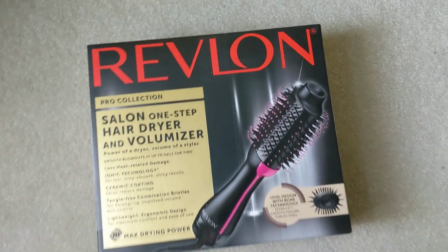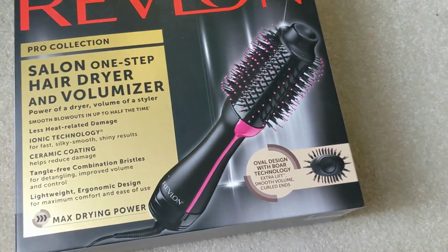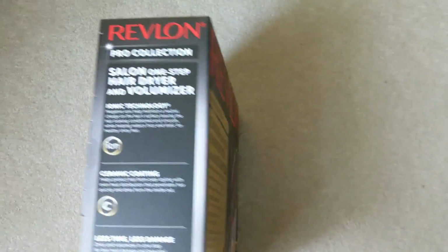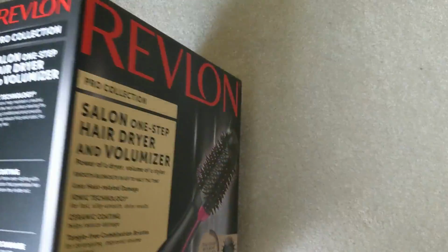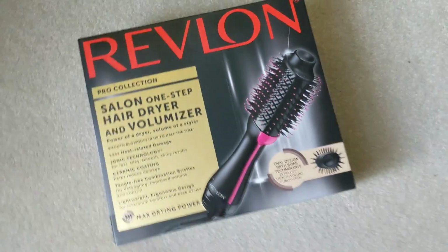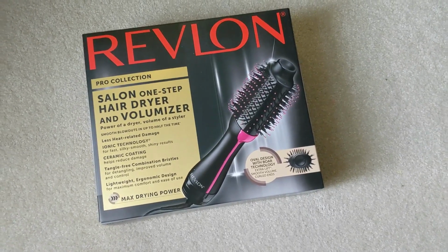But everybody's saying that this one really works well to dry your hair at the same time as you're round brushing. So I'm very excited to test this one out and see how it is. The reviews on Amazon were a little bit mixed. Some people said that they used it like 4 or 5 times and then it just completely died. So hopefully I don't have a defective one or anything like that. But I'll see how much time I have and whether I can...